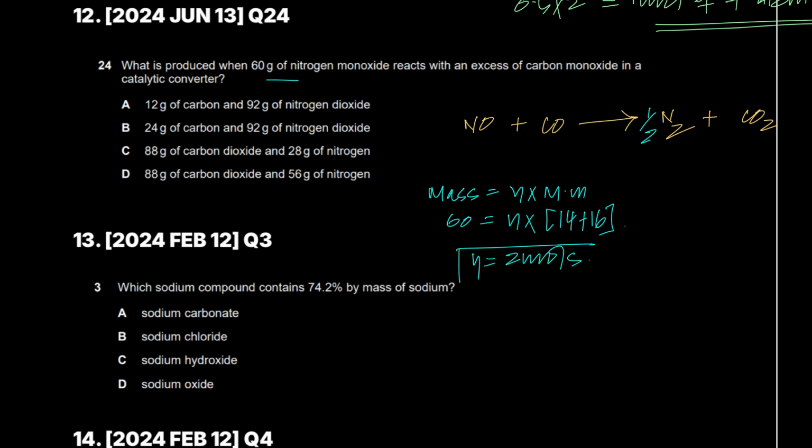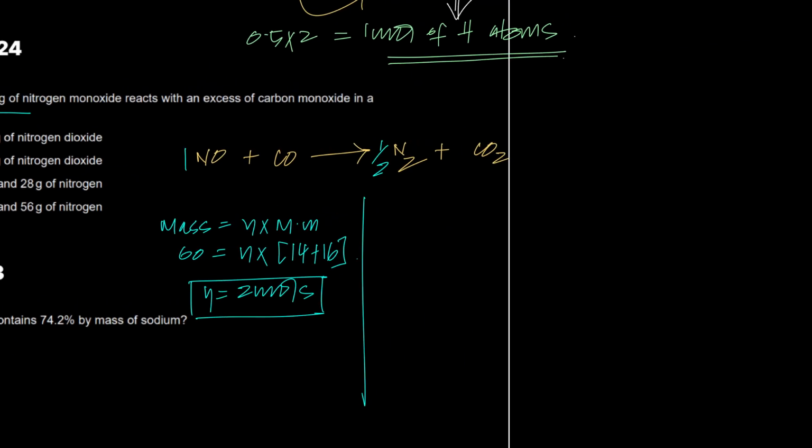Now, I want you guys to use shortcuts. It's very pertinent that your calculations are now so strong that you could use shortcuts, which is what? 1 mole of nitrogen monoxide gives me half a mole of N2. So how many moles of N2 do I have? 1 mole, because these are MCQs, so 2 divided by 2, that's 1 mole. And 1 mole of NO gives me 1 mole of carbon dioxide. So how many moles of carbon dioxide do I have? If 1 mole gives me 1 mole, 2 moles should give me 2 moles. Shouldn't it? So instead of doing cross multiply over and over again, it's time we grew up,